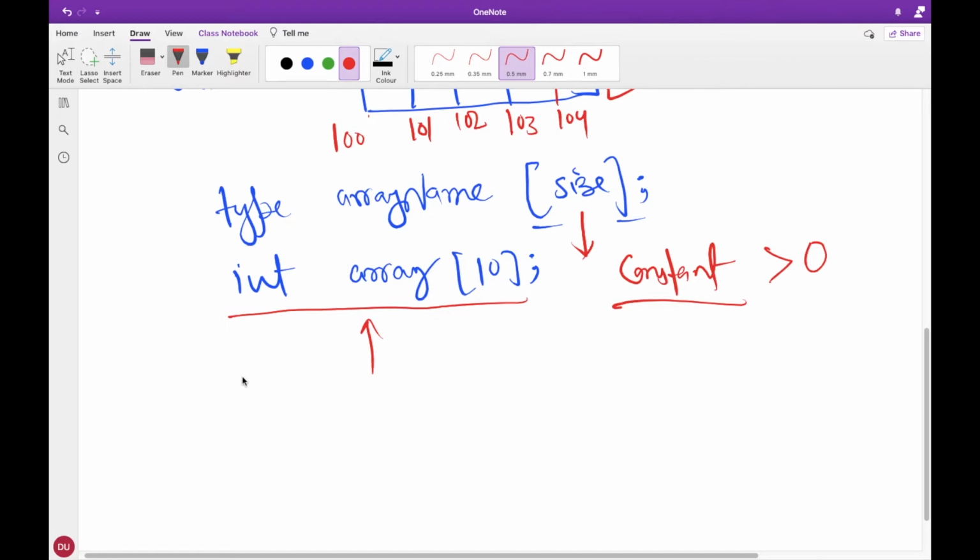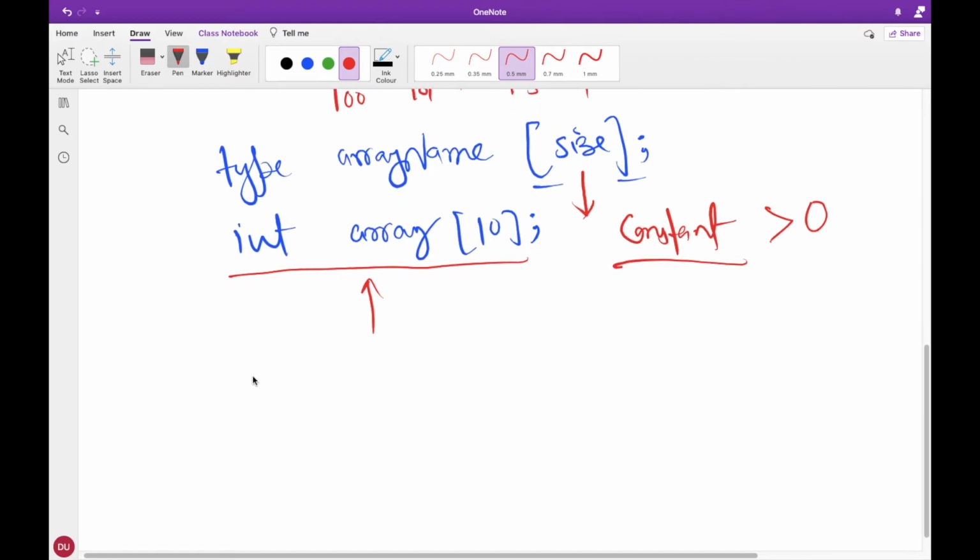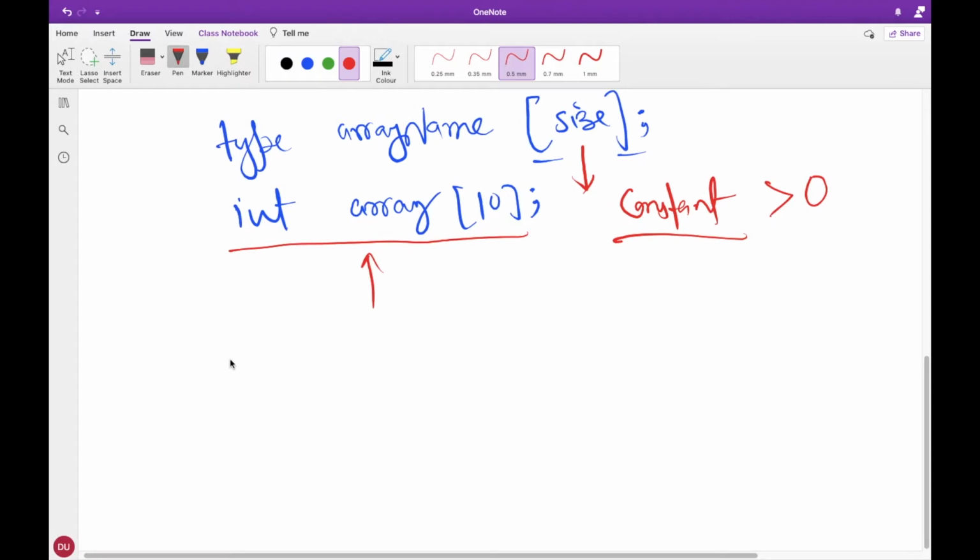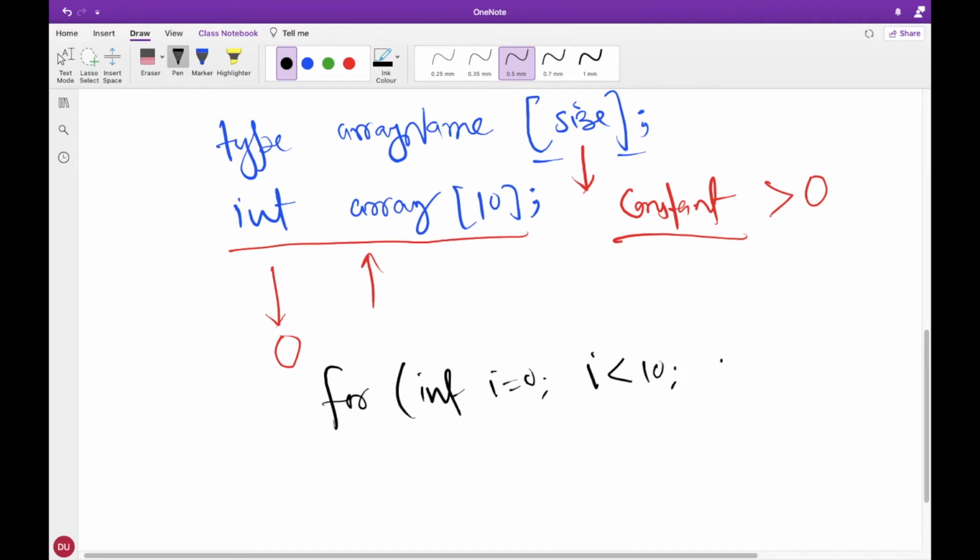You can also initialize the array, and for that you can do multiple things. So what are those things? Suppose you want to initialize all the elements with 0, so you can do it inside a loop like this: int i = 0, then i should be less than 10, and i++.